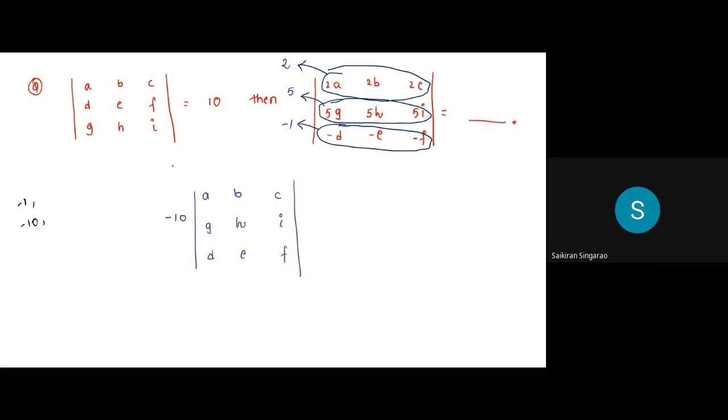Right? And there's other information given to you here. I'm just asking the entire value of it. I have to arrange or adjust this also, right? Here A, B, C, D, E, F, G, H, I determinant is given. But here the order is different. That means these two have to be swapped. Then only I'll get this. So if R2 is swapped with R3, what will happen? One more minus 1 will come extra.